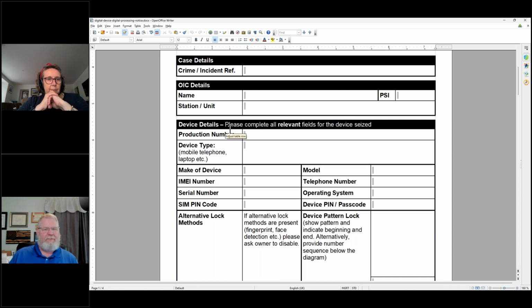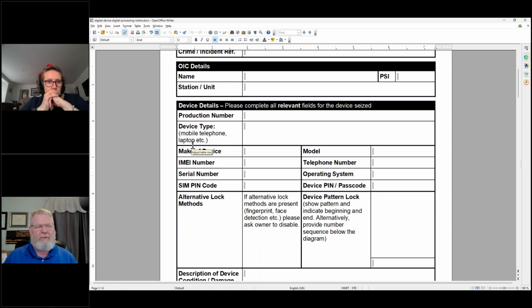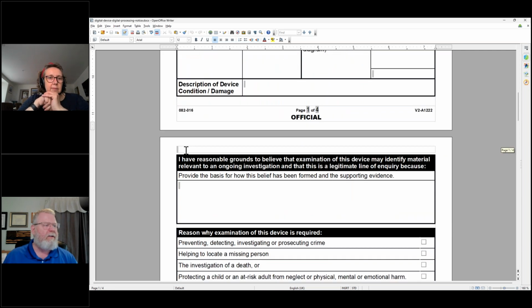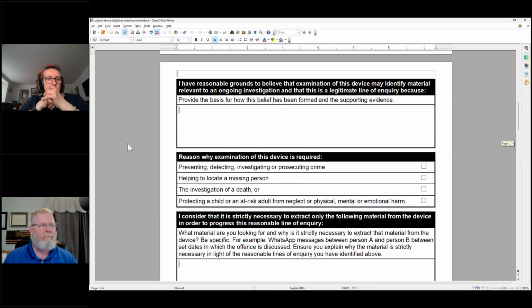At the top you have your device details, and once you get the phone connected, we'll show you how this information can automatically be taken with a screenshot or screen recording, and that'll be recorded not only on here if you're doing it first manually, but when you get to it, you'll be able to back that information up as well. You can see the form, right, Elsa? Yep, I can.